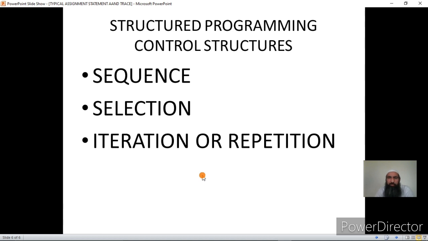Those programming languages which support these three features are called structured programming languages. Since in C we have these three control structures, we call C a structured programming language. Any language that supports these three features will be called a structured programming language.